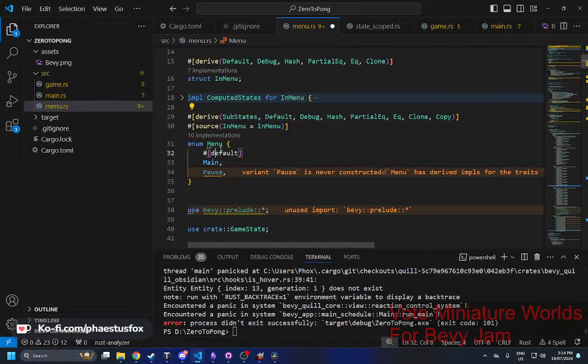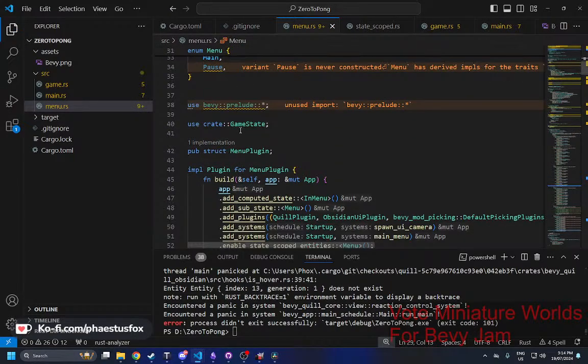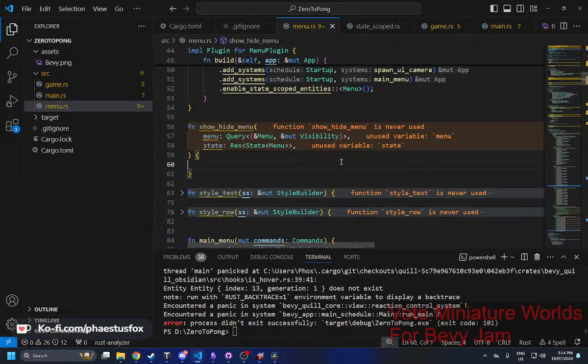Where is it? Menu. Menu is a submenu, so the default hash. So it needs to be a component as well. Like this. A component. So now it's a component and it's a subset. So that means what we can do is we can come down here and we run menu and then we say